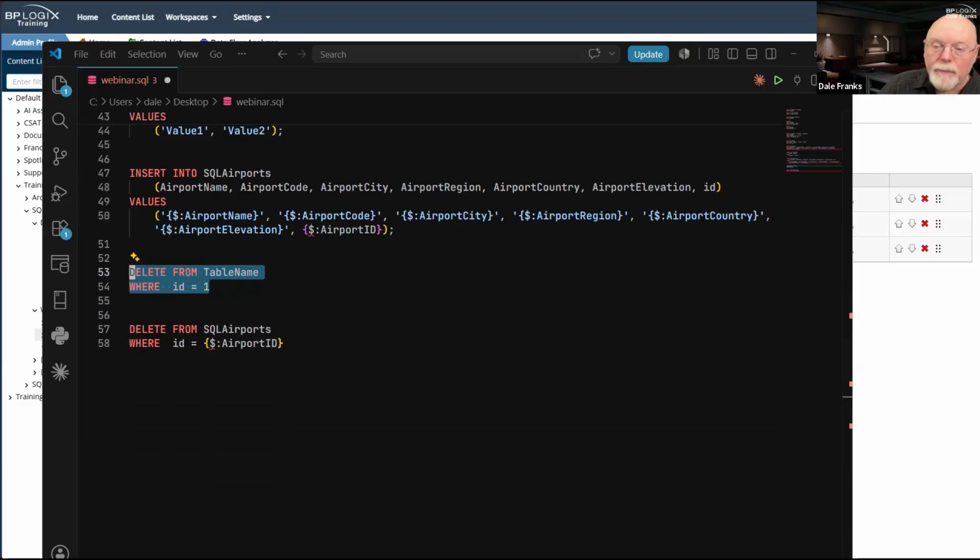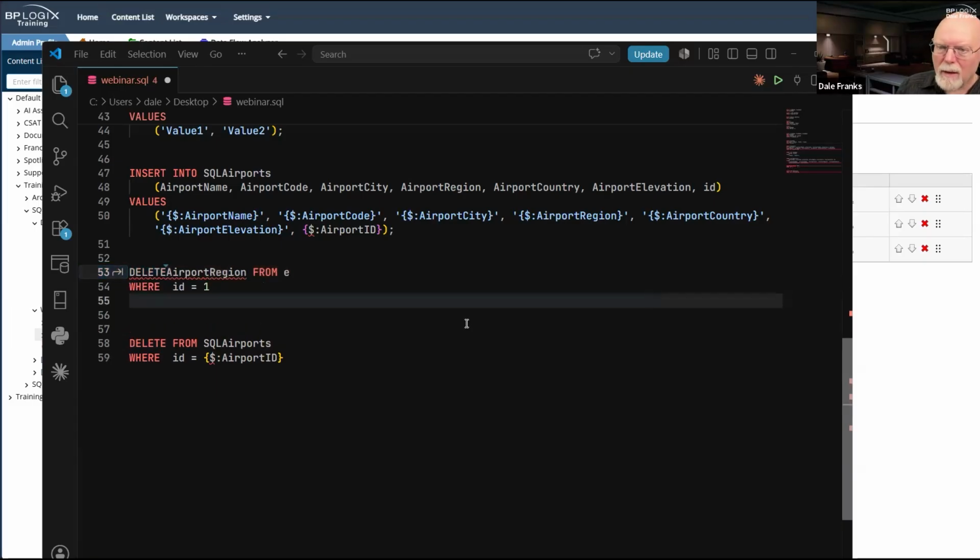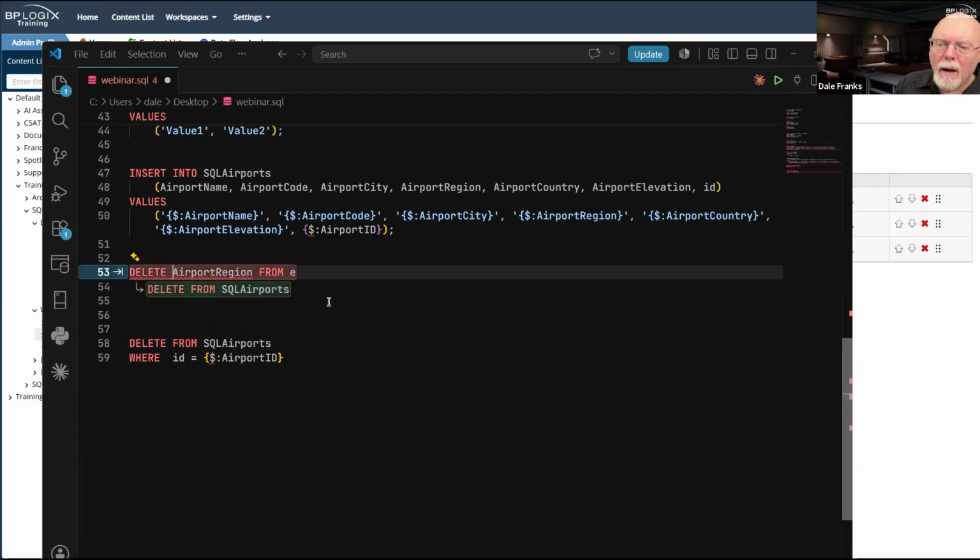Now, I could do delete airport region. Am I in? Oh, did I hit the insert key? Delete airport region from, I need a space there.